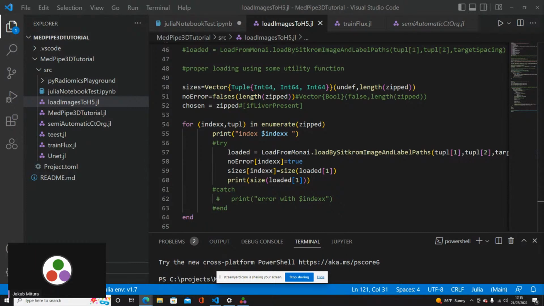So you can use this function, load by MONAI from image and label paths.